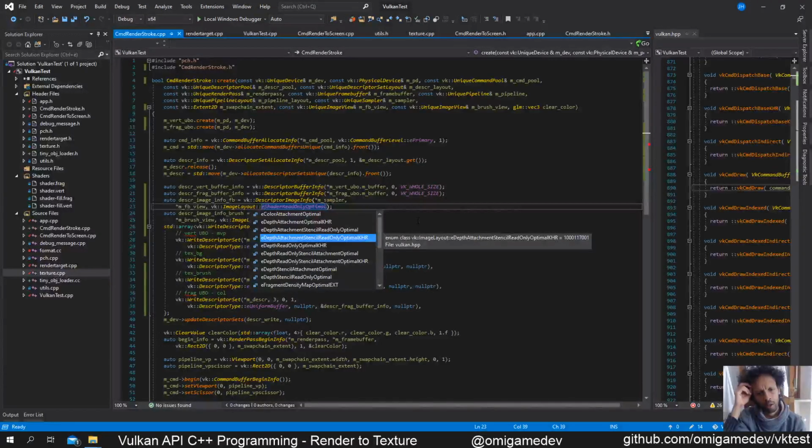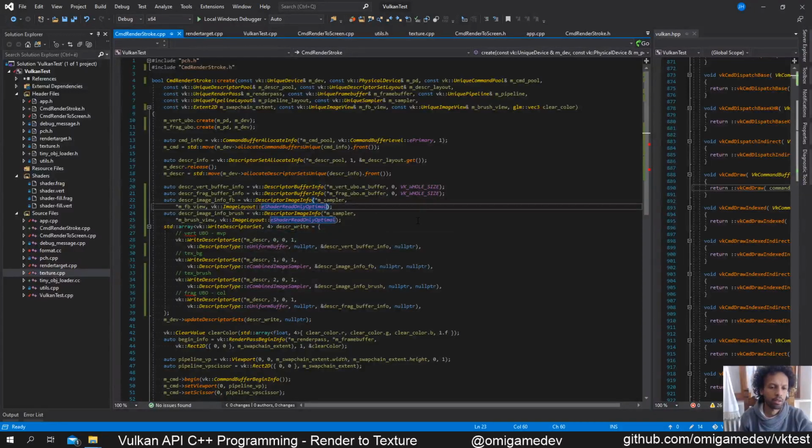Descriptor image info, shader read only optimal. Can I, for example, say that this is going to be used